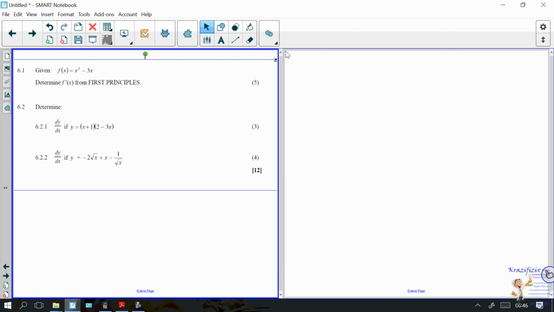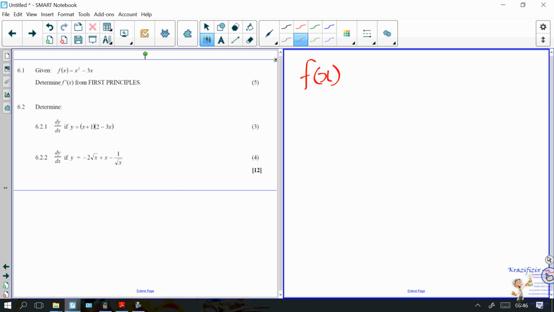First derivative. Given that my f of x equals x squared minus 3x, derive using first principle. This is what I always say: in one corner of your page, know what your answer would be. All right? 2x, if you derive this directly, 2x minus 3. That's what I should get. All right. What is my formula? My formula is,